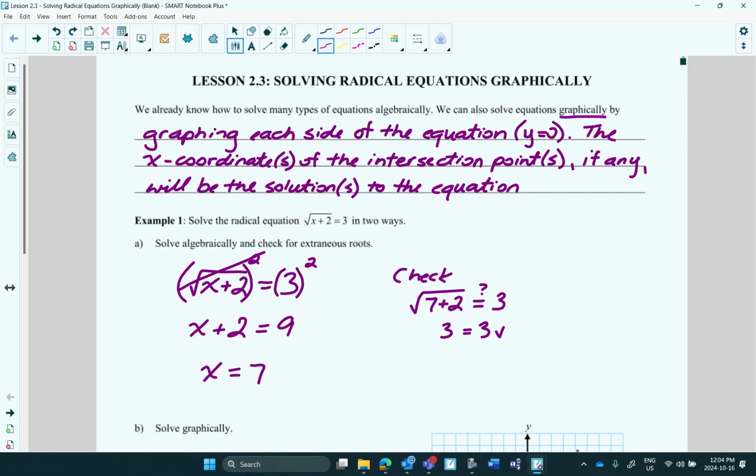Just like we did last year with quadratics. Graph each side by tossing a y equals in front. Look for the point or points of intersection if there are any. Find the x coordinates, those will be your solutions. Okay. So